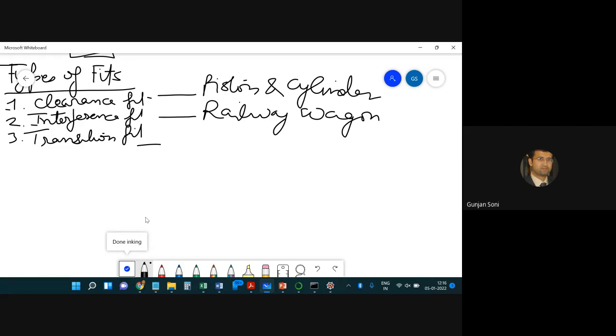Sagar is saying clearance fit door hinge. Yeah, right. Door hinge, mobile cover taken off and put it back. So Shailesh, what would you call this? Mobile cover taken off and put it back. So transition fit. Yeah, right. Adapter and charger lead. Very good, Abhinandan. I was about to ask this question, that if you have an adapter, like in the switches, plug in, you got a plug. So in the socket you are going to put it. So what kind of fit do you achieve is the transition fit in that.